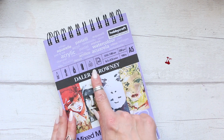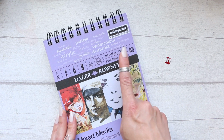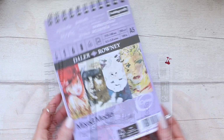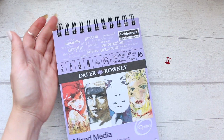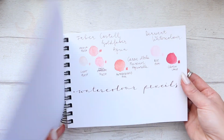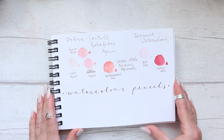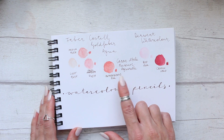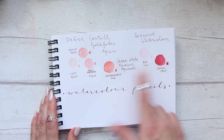And it's acid free, and I think I already said it's 250 GSM, and the format is A5. So you can use it as a landscape or a portrait, whichever way. I use it as a landscape. So let's start. Here I just started with, actually it'd be good to know when this was, because this little